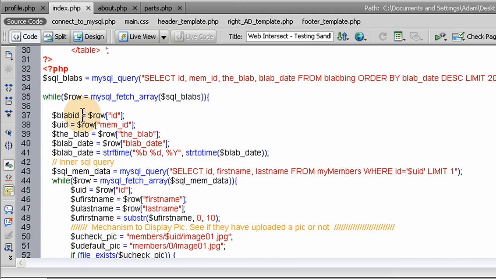So now here's the new PHP block, and what we're doing is creating an SQL query that selects the ID, the member ID, the blab, and the blab date from the blabbing table, and it orders it by blab date descending, so it'll be the latest to the oldest, and then it limits it by 20. So this will have an array of 20